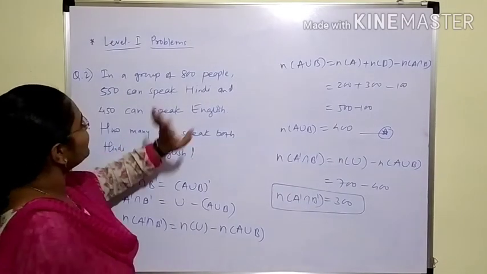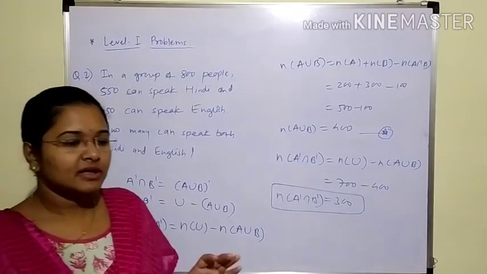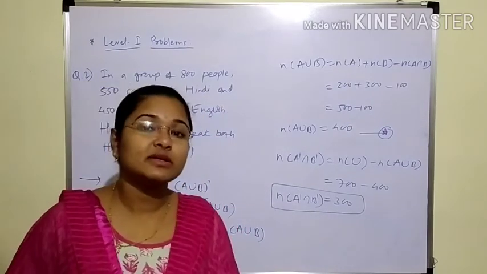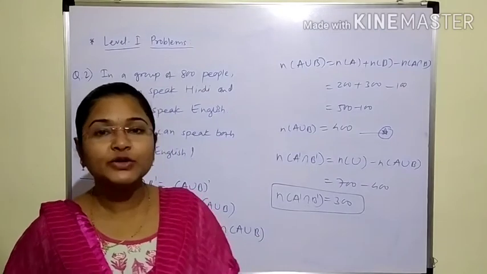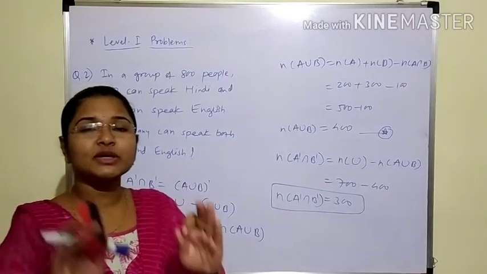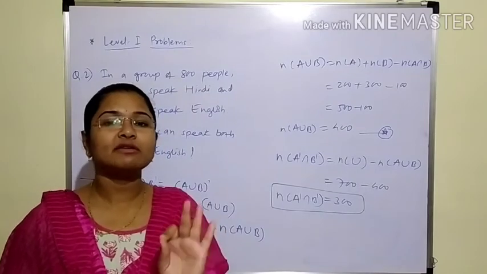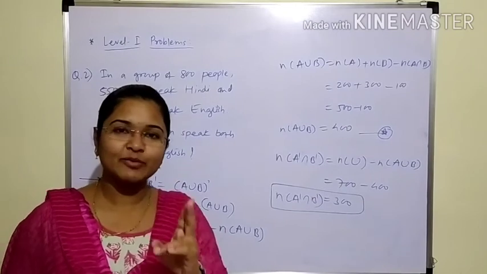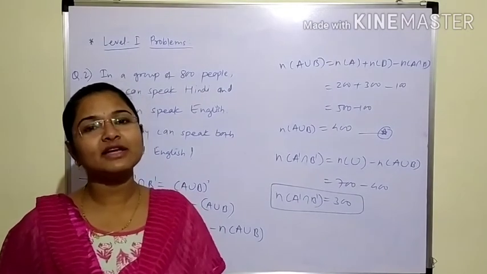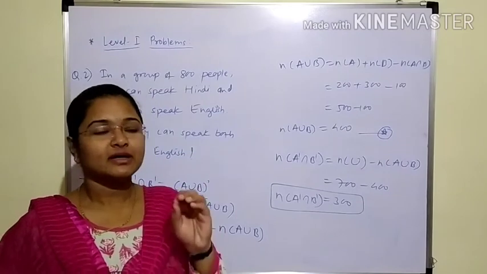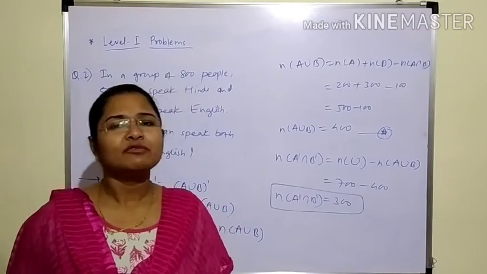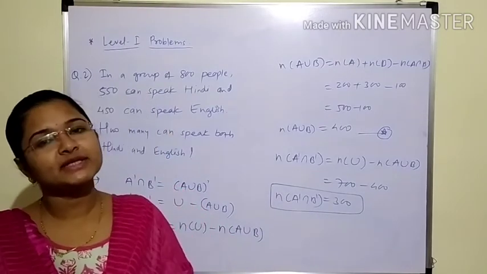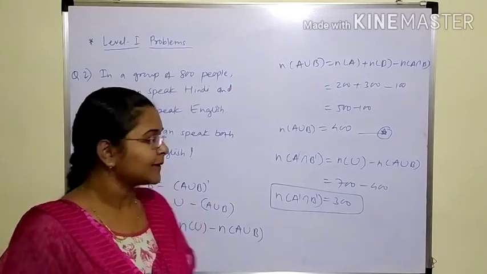Now students, what is given? In a group of 800 people. So many times you get confused about whether to take this quantity as the number of elements in the universal set or in the union. For this you should read any word problem thrice, so that in the first reading you understand the problem 50%, in the second reading 70 to 80%, and in the third reading you get exactly what to do. So every time there is a word problem, whether in your CBSE board examination or in a competitive examination, read that problem thrice.